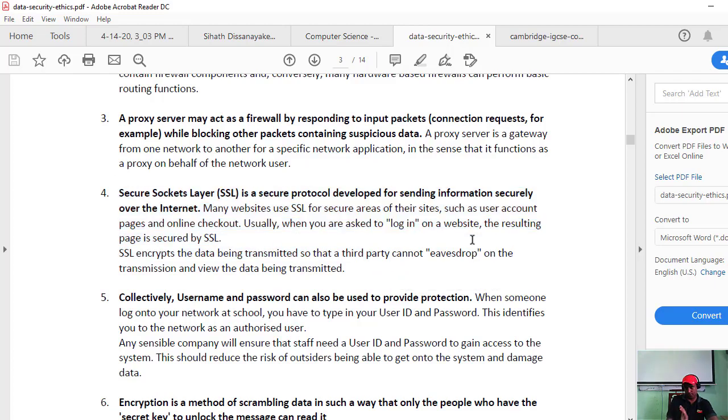Okay, so every time I am trying to show these things in a practical way. That's the point. These theories you can read and understand, right? But my point is where you can see this SSL certificate. That's the importance of these lectures, because you will see practically where these things are applied.